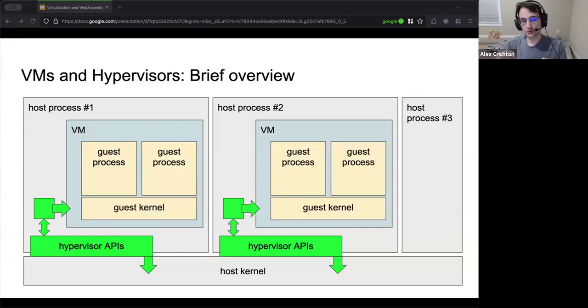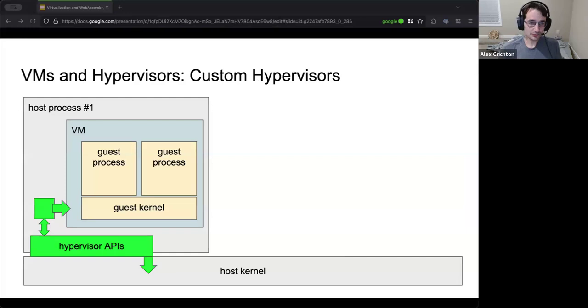And then inside this virtual machine, we've got our guest kernel, which might also be Linux, and then a whole bunch of guest processes. And so this is just how hypervisors work today: you've got your host process, you've got your virtual machine typically per process, and the host on Linux is actually orchestrating a lot of this fun stuff. So this is all hidden from you if you're the virtual machine. You think you're just running on the hardware, and that all works fine and dandy.